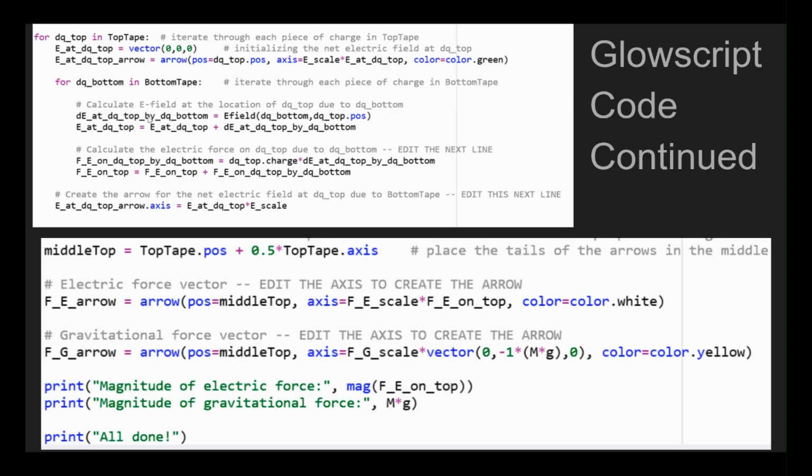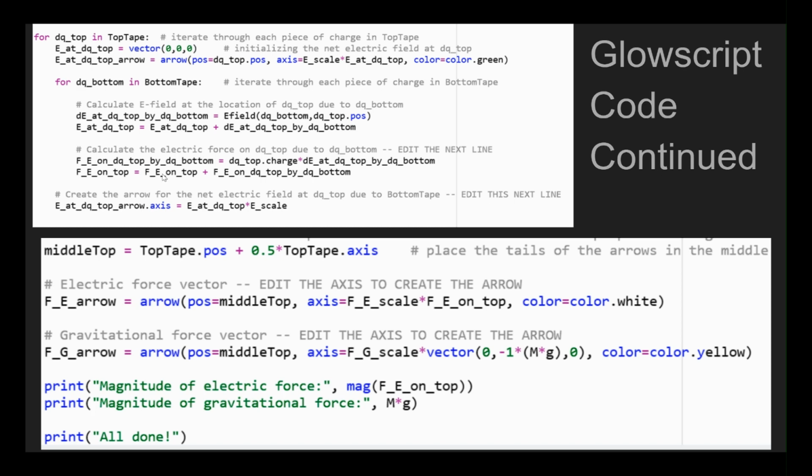Here, this for loop nested in a for loop was used for the purpose of iterating through each point charge in the bottom piece of tape and calculating the electric field for each of these point charges at each of the point charges in the top piece of tape, in order to calculate the overall net electric field experienced by each point charge in the top piece of tape,